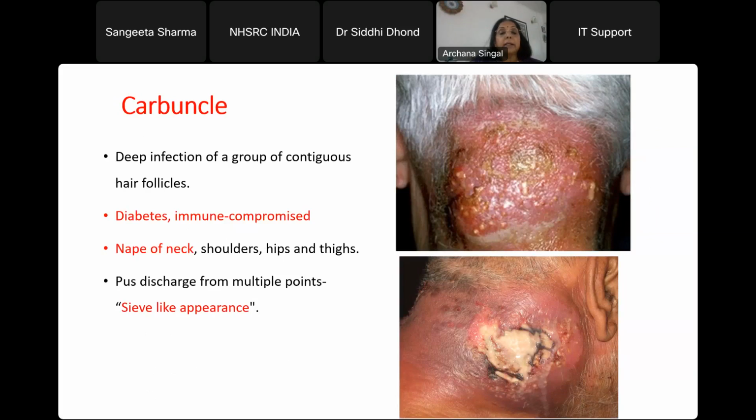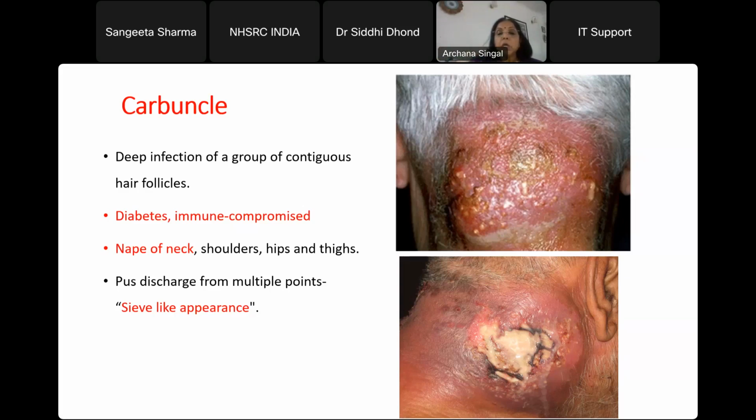Now, as I said, in carbuncle, multiple contiguous hair follicles are involved. So we have superficial folliculitis when the superficial part of the hair follicle is involved. We have deep folliculitis when only the hair follicle is involved, but the whole length of the hair follicle. Furuncle is when the hair follicle is involved deep, but there is surrounding involvement of the dermis also. That is furuncle. Now, carbuncle is when there are multiple closely adjacent hair follicles involved with the involvement of the